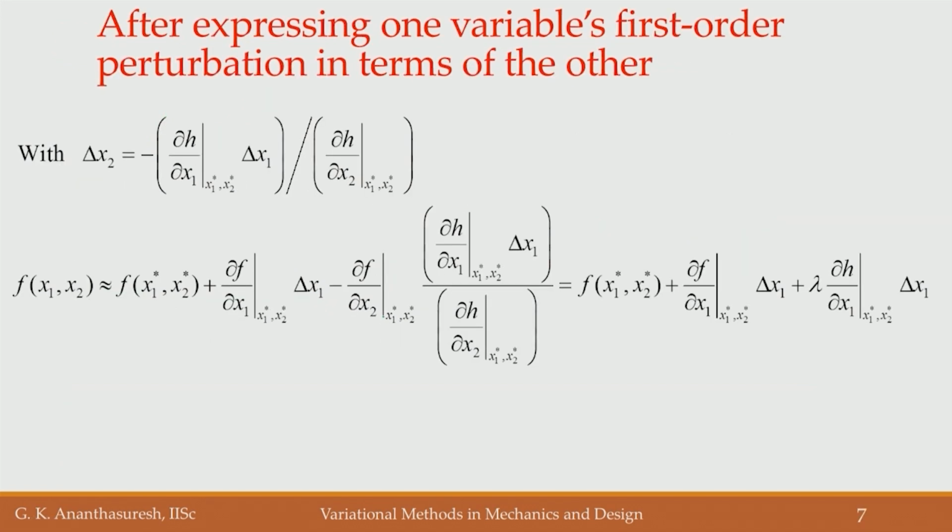That is what we are doing. We got delta x2 in terms of delta x1. Now, we consider similar expansion for the function. So, we have f at x1 star, x2 star, some value, and then we have the first order term, the first one as it is. Second one, what we have done is the delta x1 here, which would be basically this,